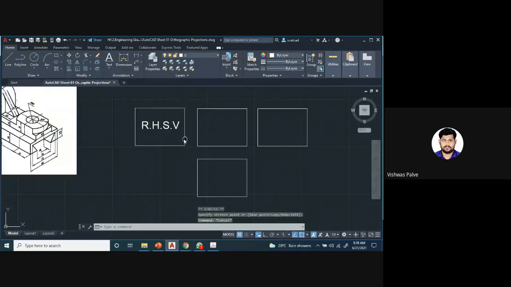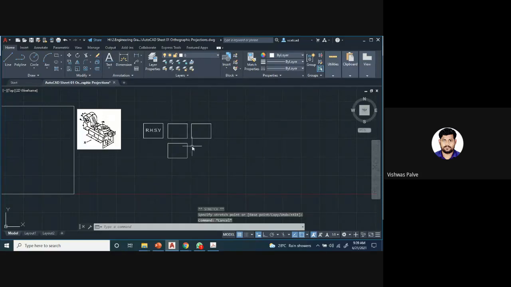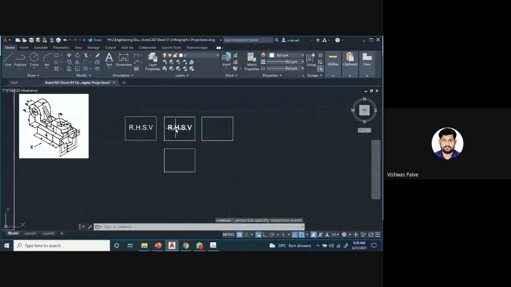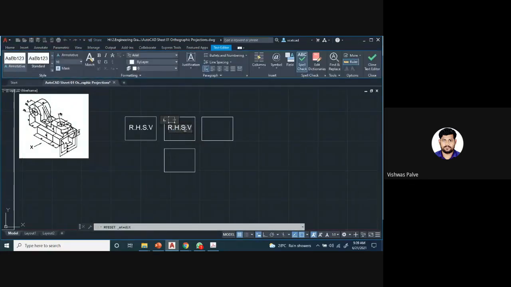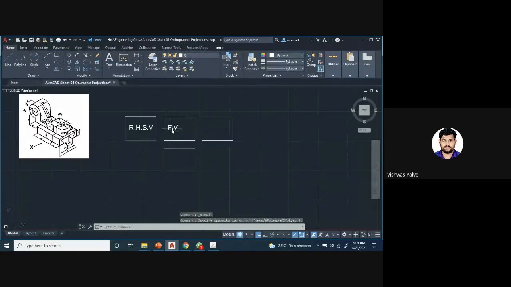So you have to keep in mind that suppose this is the orthographic projection, okay, here you will get the front view. This will be my front view, always above the xy line. Here we can draw the xy line also, F8 to draw the horizontal line.